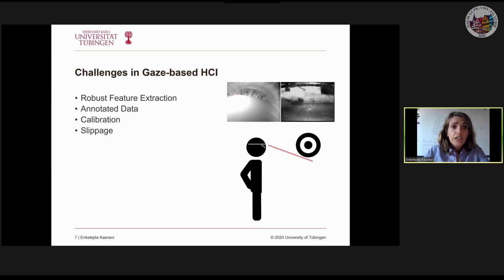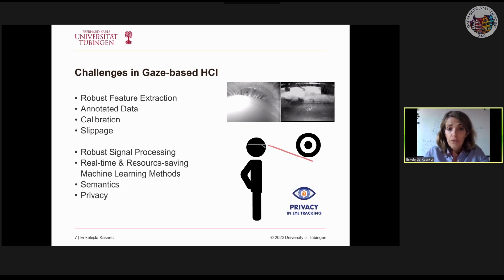There are a lot of challenges to get there, and most of them are still located in areas related to computer vision, basically dealing with robust feature extraction in the videos: how to extract eye-related features, pupil information, the eyelids, how to develop models without having a lot of heavily annotated data, dealing with efficient calibration issues, but also with slippage, and also further issues regarding robust signal processing, real-time and resource-saving machine learning methods, especially when you think like we